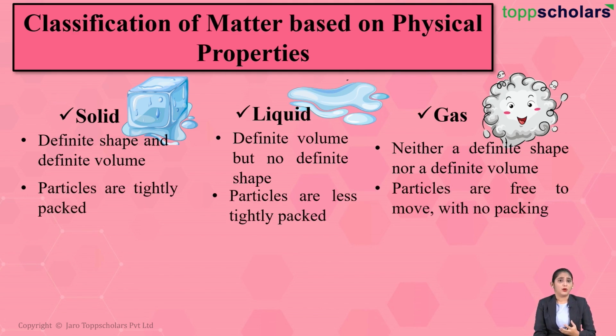Now, if I talk about the particles that make up these three states, that is, the particles which make up the solid substance, right? In the solid substance, the particles are tightly packed to each other, right? Which means that they are very closely bound to each other. Whereas in case of liquids, the particles are less tightly packed. That is, there is a little space between these particles. Whereas in gases, the particles are free to move here and there,